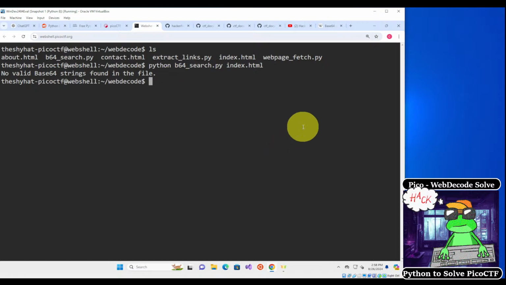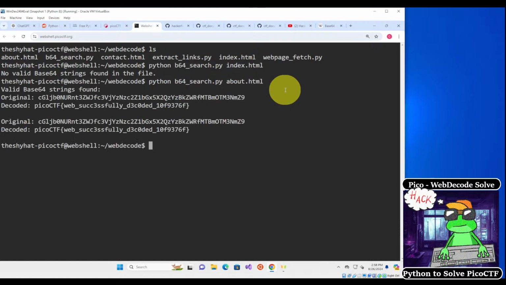Okay, so we're going to run it on the next file. It's not going to be index.html, it's going to be about.html. So python b64_search.py about.html. Hit the enter button. And then it says valid base64 strings found. It gives the original string right here, and then it gives the decoded string right here. So the flag was actually base64 encoded, but we used the script to decode it. So this is the flag right here. Just copy it,